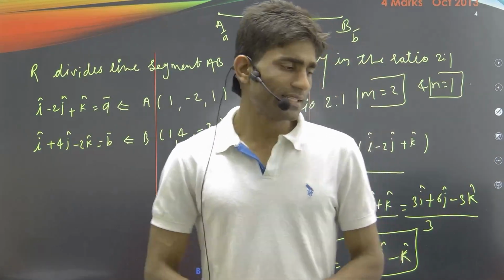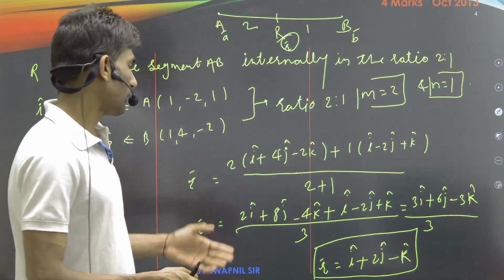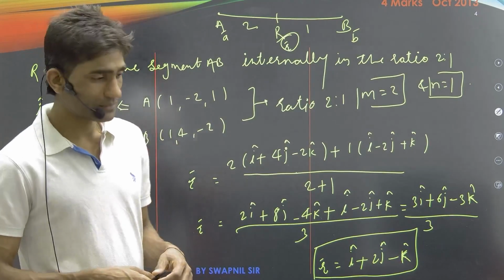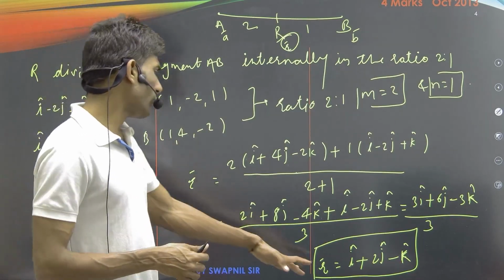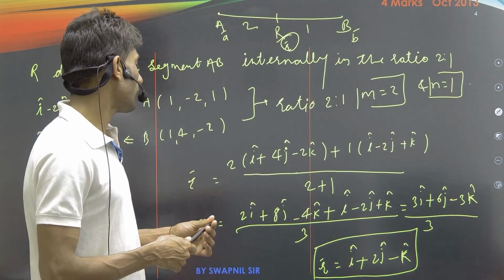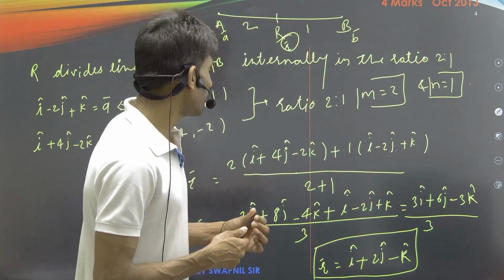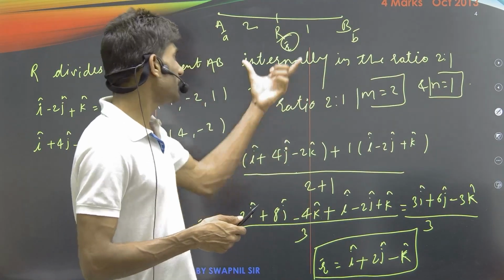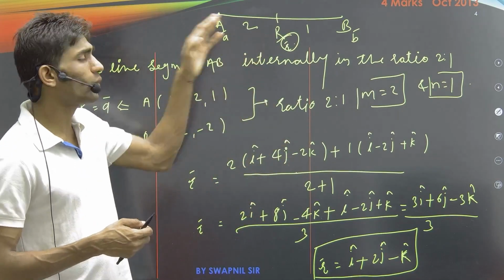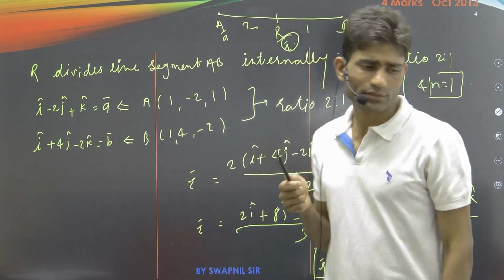So that is the result we wanted in our example. First of all, we have to define the section formula for internal division, and at the end we have to solve the attached question from our given example. In our attached question, we want the value for R bar. The value for R bar means it is the section formula for internal division, and the ratio we are given is 2:1 here. I hope you all have understood this solution. Now let's move on to the next example.